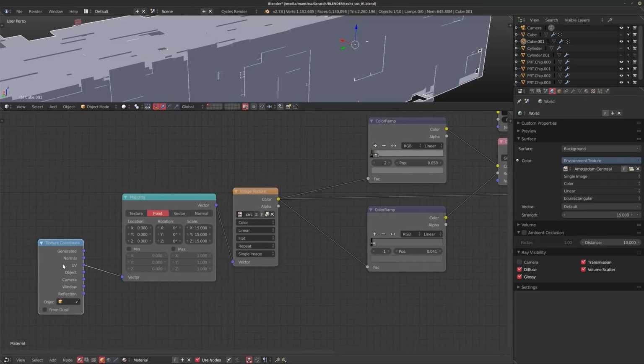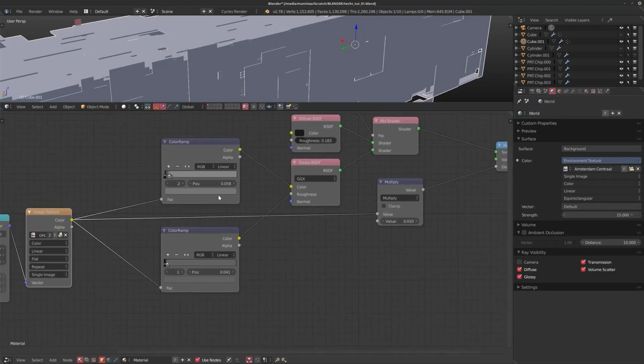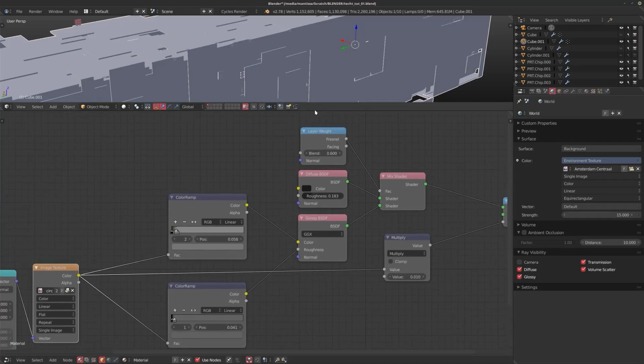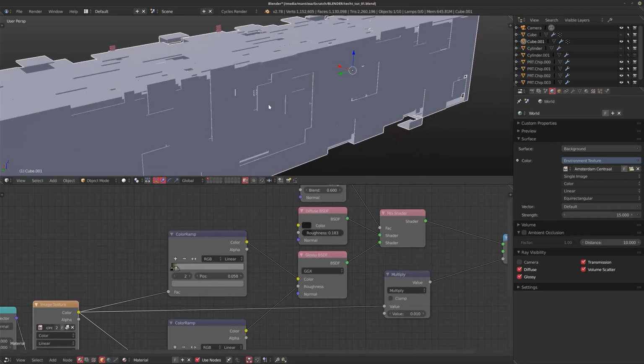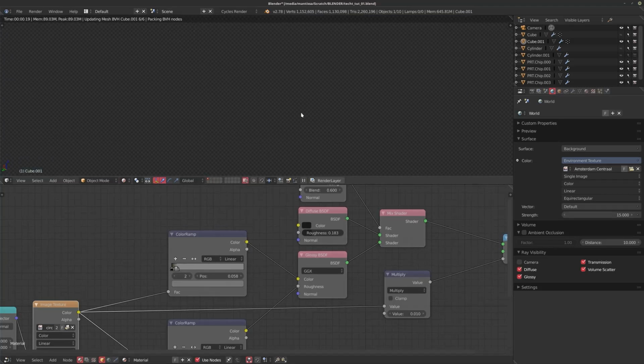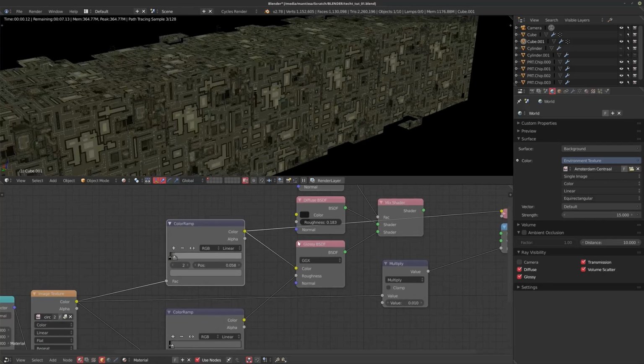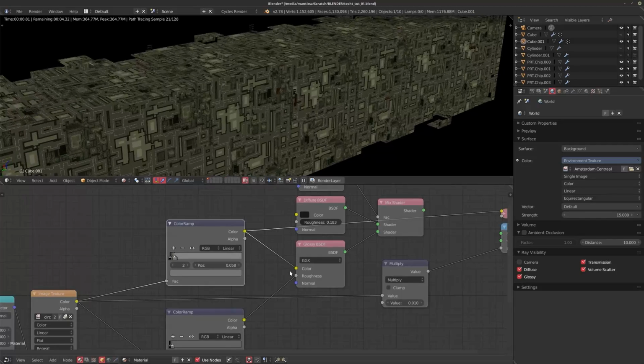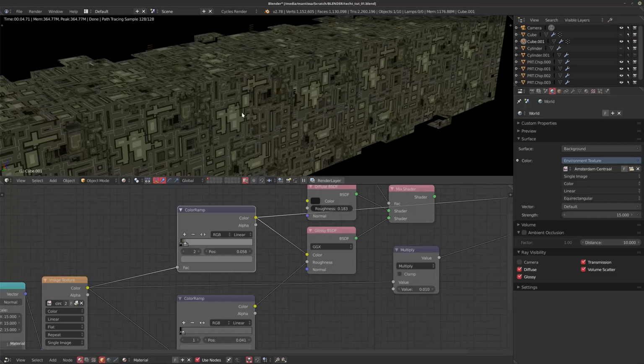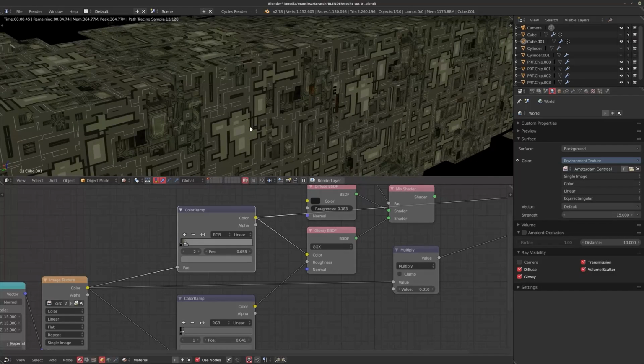So I just have a very simple image texture node here with that image loaded in, and hopefully this will be somewhat visible. If I just set this to rendered again, there we go. The first thing that I do is this color ramp, I just tone it down a little bit and make sure I can control my reflection. So anything that's dark isn't going to be reflecting, and anything that's lighter is going to be reflecting more.